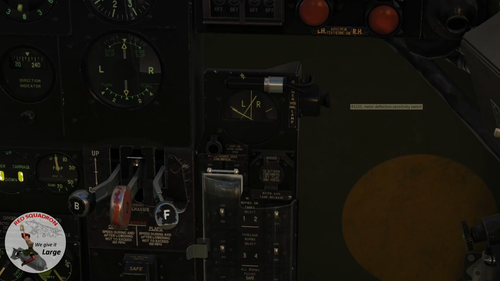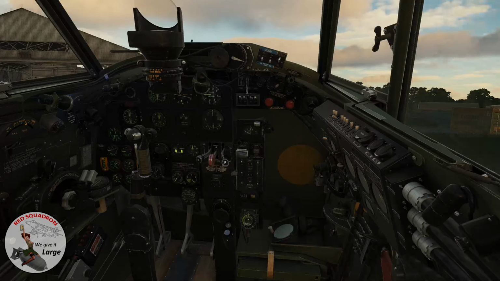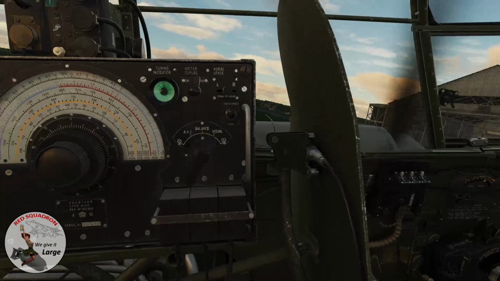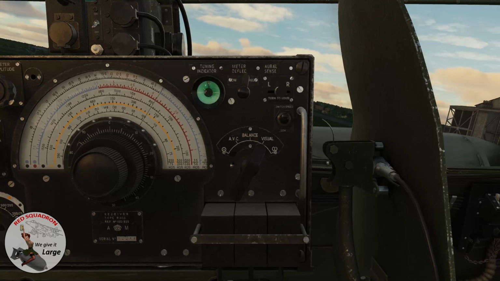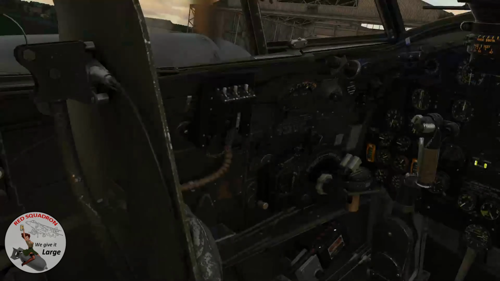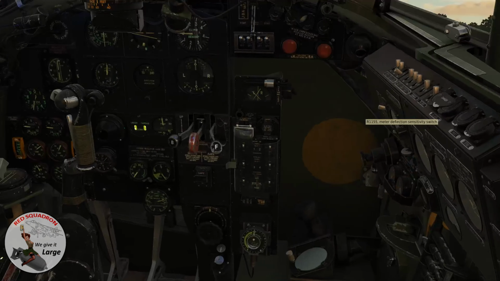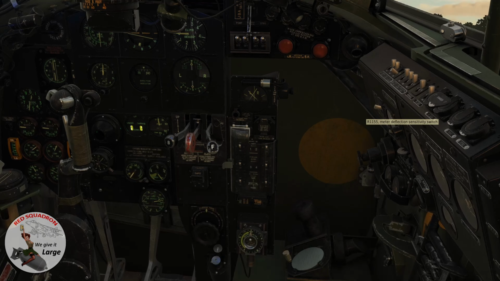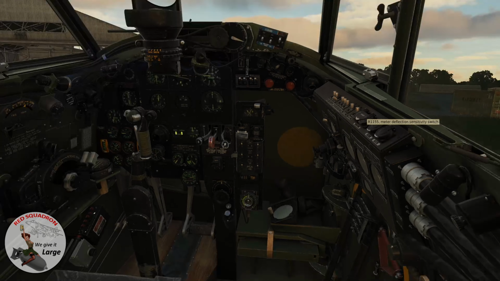you'll see that the needles have crossed right over towards the left there. So there's quite a significant turn required to bring the nose of the aircraft in line to where that transmission is coming from. Initially, I'd recommend keeping the setting on low, but then using your navigation that you've been practicing, as you approach close to where that transmission is coming from, you can flick that across to high to get a really good fine tune on where that transmission is coming from, to get a nice accurate run